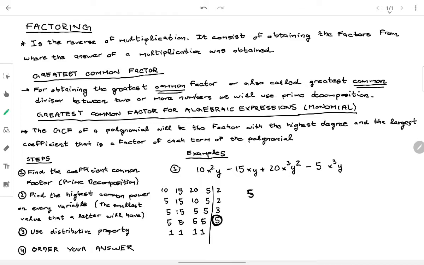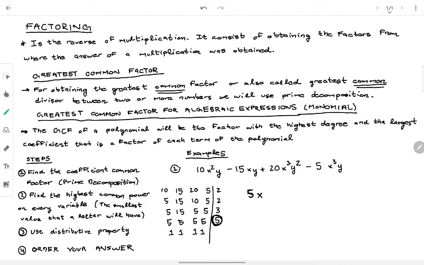In this case, we need to look for the highest power of every letter. So on the first term we have x squared, on the second term we have x, on the third term we have x cubed, and on the last one we have x cubed. So the largest power that every term has is only x, because x squared has x multiplied by x. X cubed is x multiplied by x multiplied by x, and x cubed is the same. So every one of those has x